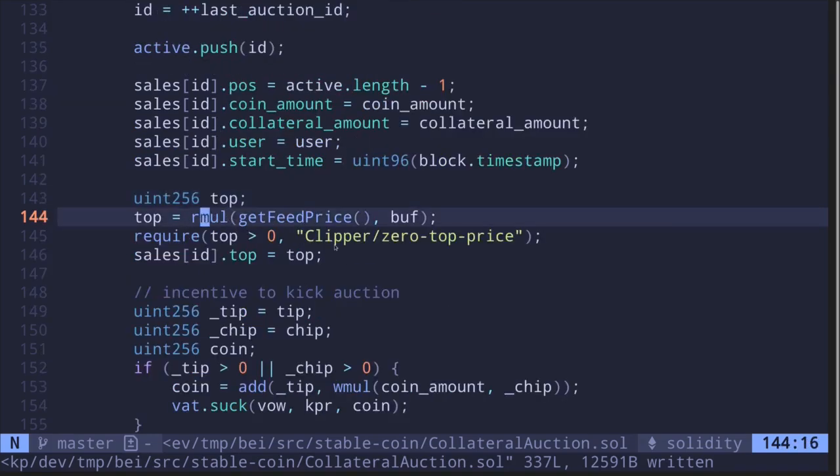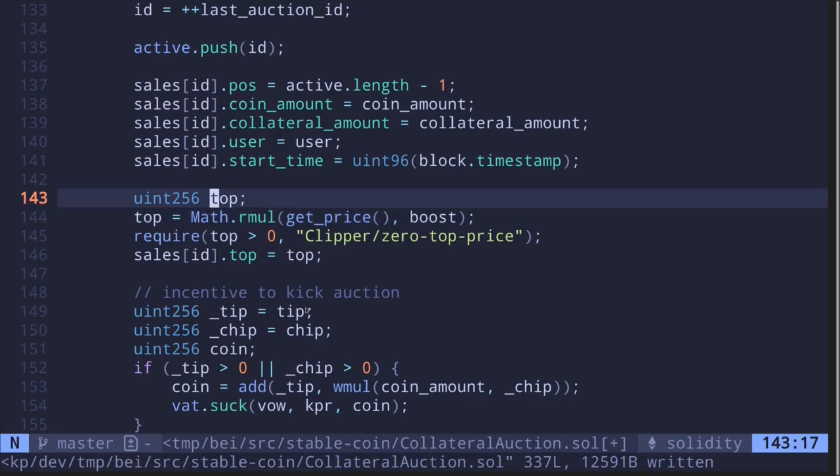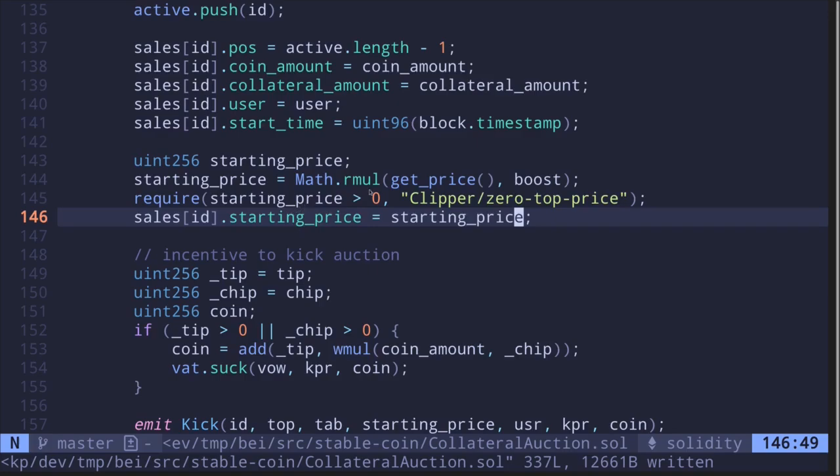This is done by calling math.rmul and then calling the function getPrice multiplied by the boost. This price that's been increased will be the starting price of the Dutch auction to sell the collateral. So let's rename top as starting price. Checks that starting price is greater than 0 and then sets the starting price for the struct sales store that